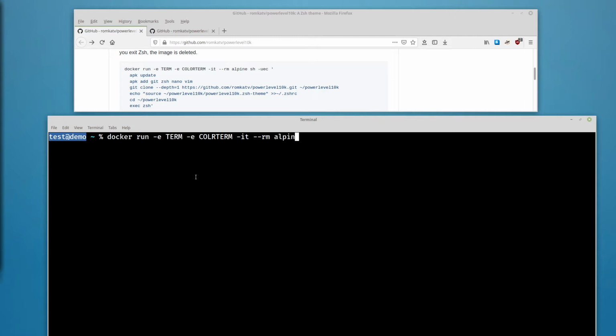So we're going to use Alpine Linux, and we're going to enter into sh -uec, and we're going to update Alpine Linux. Then we're going to run apk add git, zsh, nano, vim. Then we're going to clone, to the depth of 1,